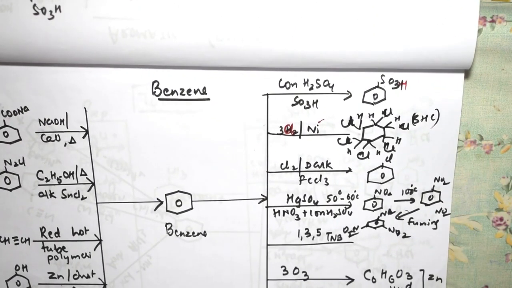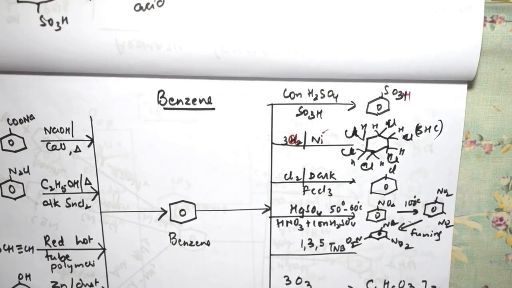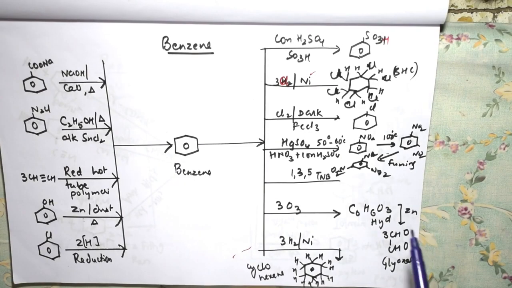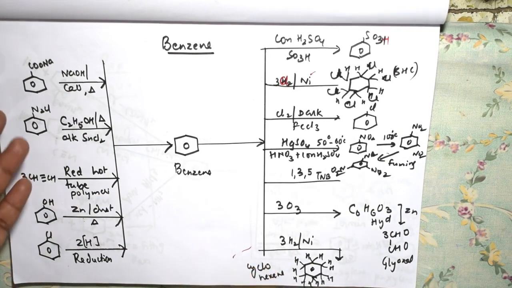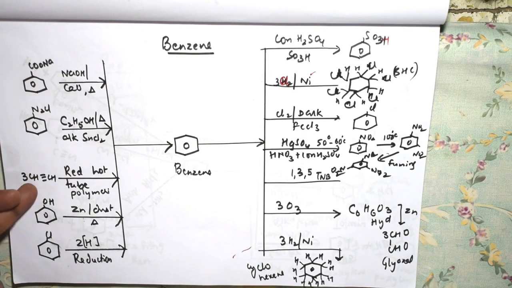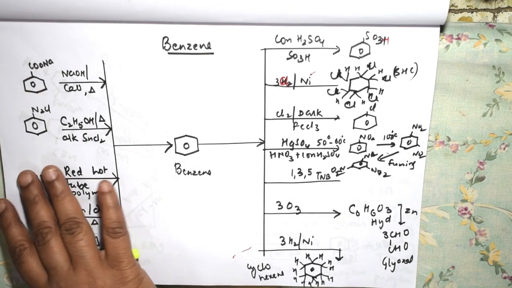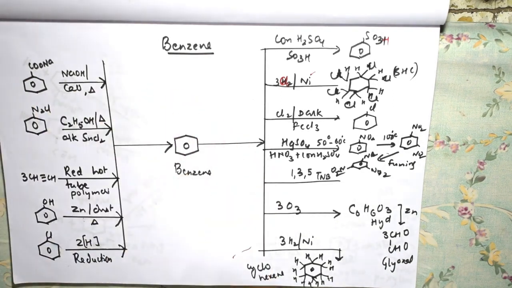Just see, students, right? Benzene conversions, let me adjust a little bit. Let us now see benzene conversions all together. So basically these are the preparation methods of benzene, how I can prepare benzene, either from BDC or from alkynes, from phenols, from chlorobenzene, right? And here using your sodium salts, where I'm using soda lime, right? So here I have shown you completely how can I prepare